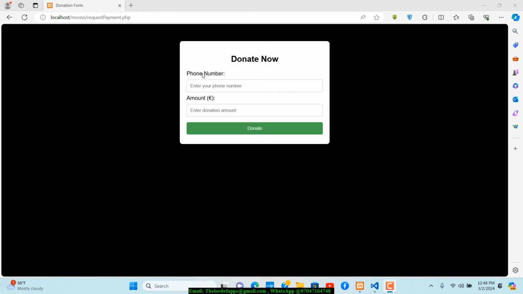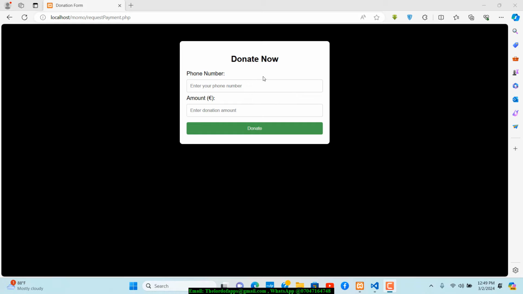So this is the app we'll be building. It's just a simple donation application, and all you need is two fields right here. We could have also made it a single field if we wanted to. All we needed to do was make sure that this particular field, where it says enter your phone number, is a phone number that you have within the MTN wallet where you have some money in it. Okay, so it has to be a phone number that you have registered with that of the MTN